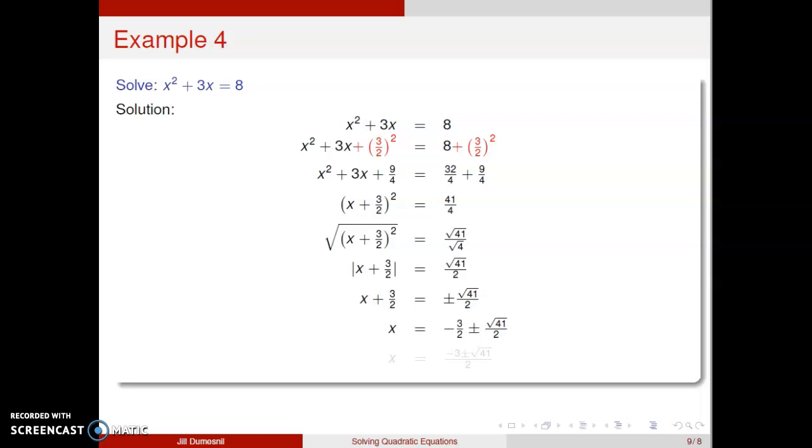Finally, adding -3/2 to both sides yields x equals negative 3/2 plus or minus the square root of 41 over 2. It's usual to combine these two fractions, noticing the common denominator. So we get the quantity negative 3 plus or minus the square root of 41 all over 2 as our